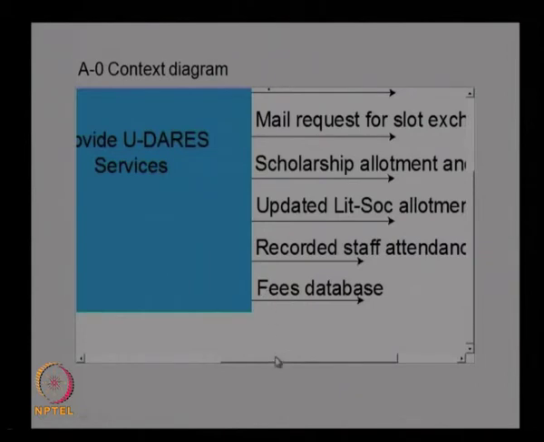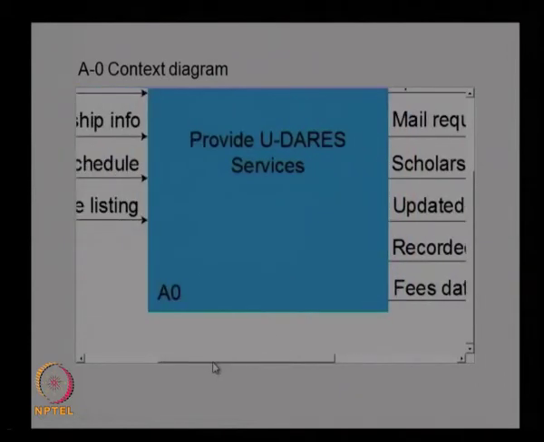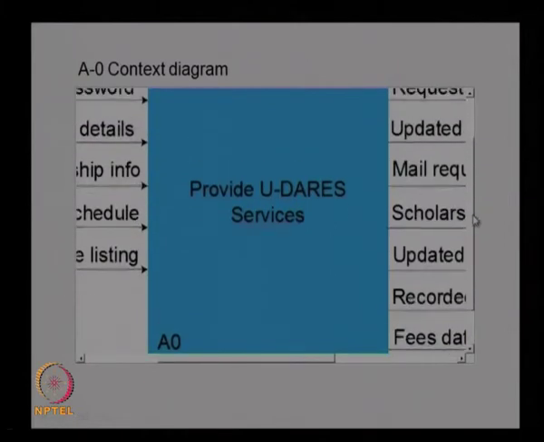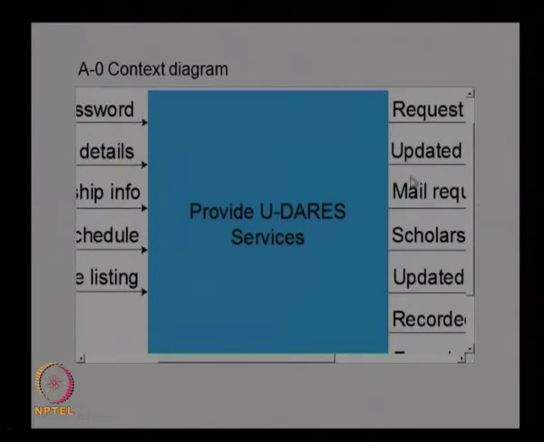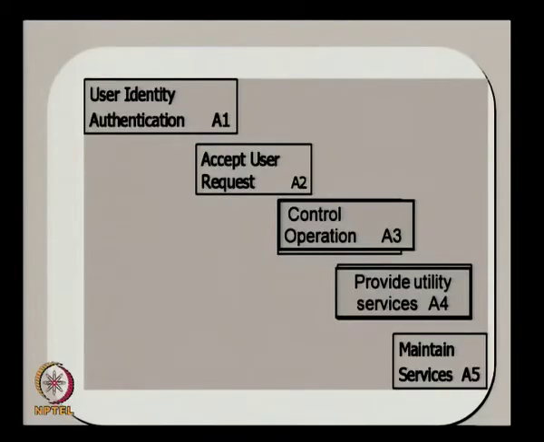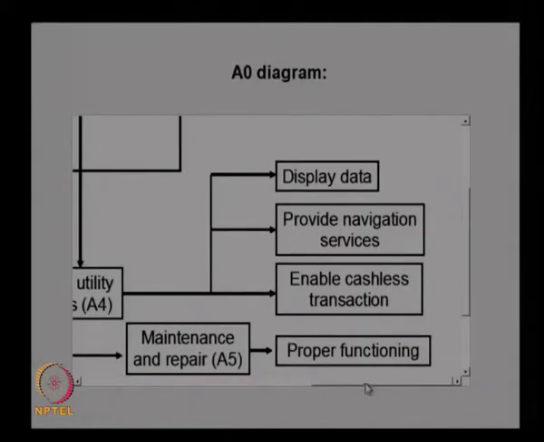You can go for further decomposition using the IDEF0 diagram, as we explained in the previous cases also. This A0 function can be divided into A1, A2, A3 functions like this. These are the sub functions we need to provide, like user identity authentication, accepting user request, then control operation, then provide utility services, and then maintain services. So, here you can see the